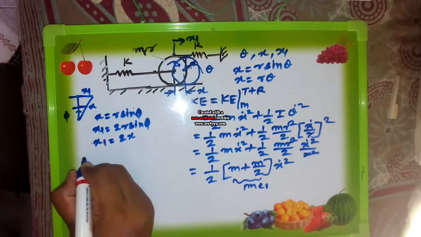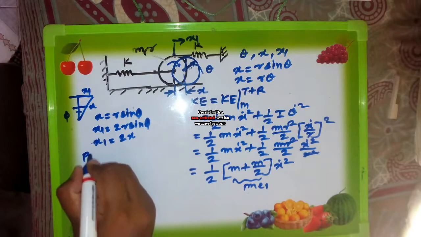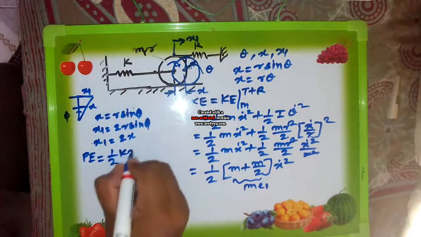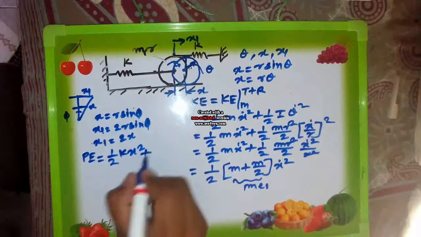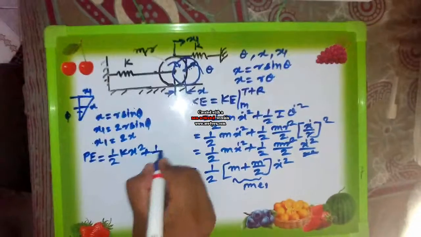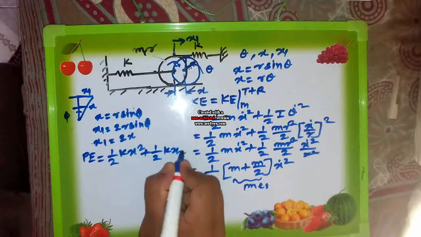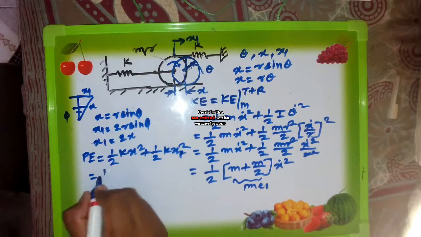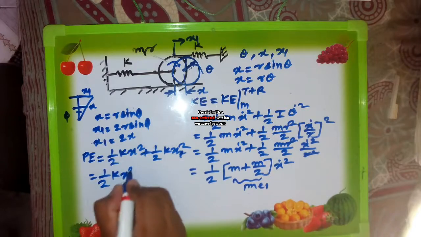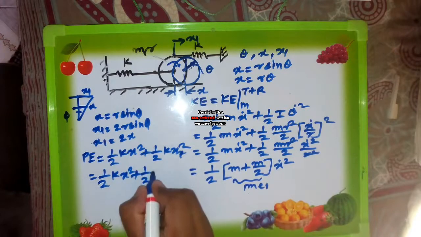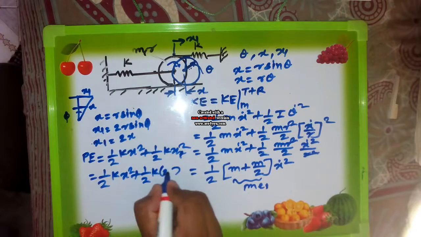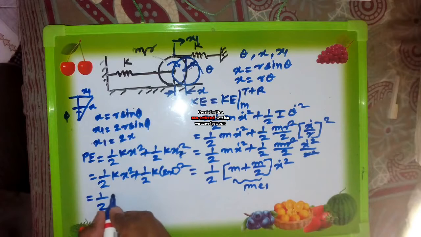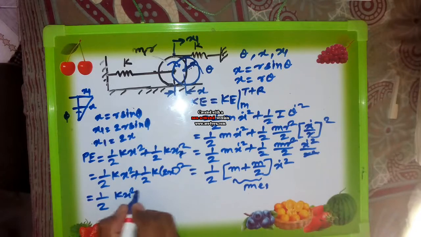Fine. Similarly, now we go for the net potential energy of the spring, which is equal to 1/2. Consider first of all this spring k into x squared plus, well, for this spring, so it will be 1/2 into this k into x1 square. So what is the value of x1? 2 times x, so it will be 1/2 into this k x squared plus 1/2 into this k, it will be 2x bracket square,